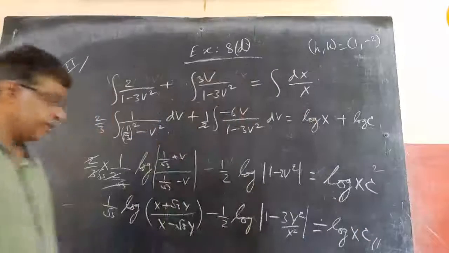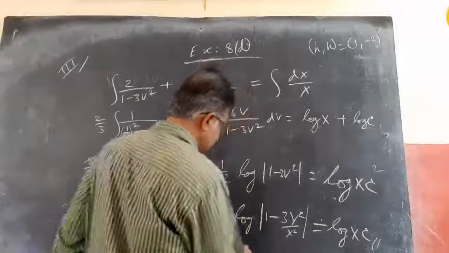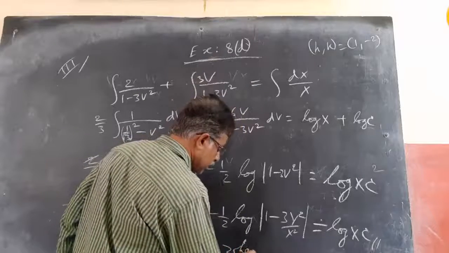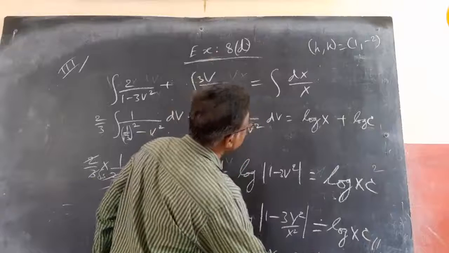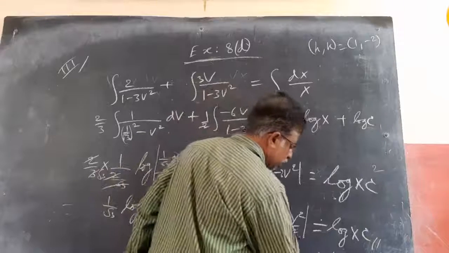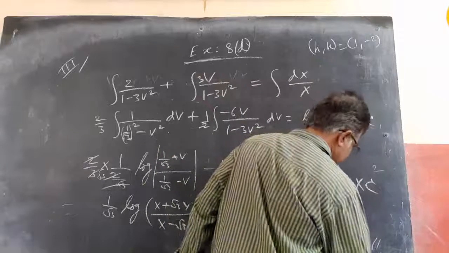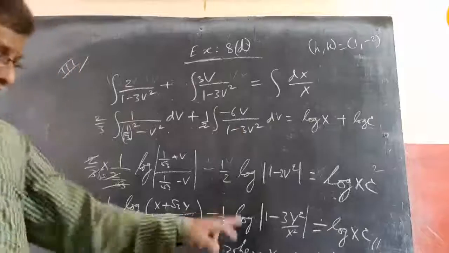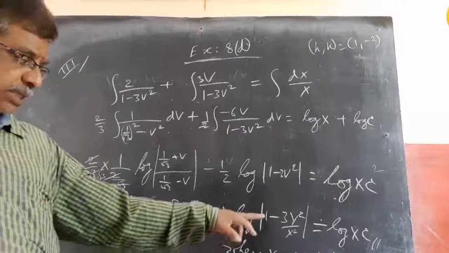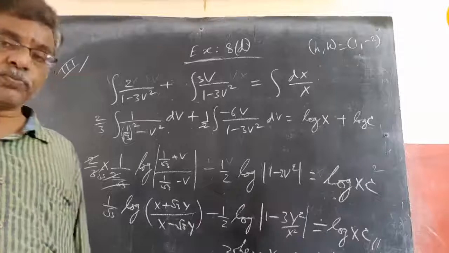If you want, you can further simplify, or you can leave it like this and write where capital X equal to small x minus h, that is 1, and capital Y equal to small y minus k, that is plus 2. So like this you can leave, or if you want you can resubstitute, in place of capital X, x minus 1, and in capital Y, y plus 2.